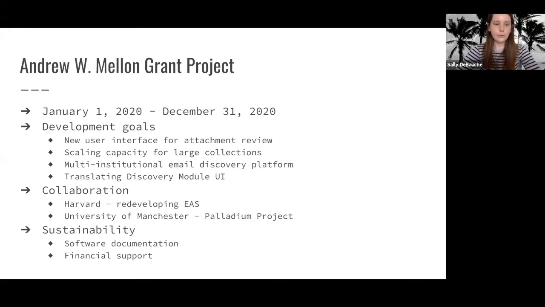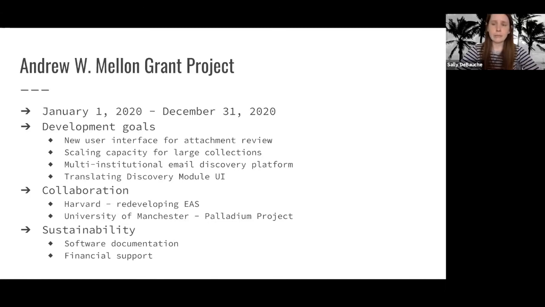So we have a few major collaborators during this project as well. We've been working closely with a team at Harvard as they are redeveloping their EASE tool, which a lot of you may be familiar with. As an open source software, we have been working with them to make sure that our two projects are well aligned. And we've also been working with a team from the University of Manchester.